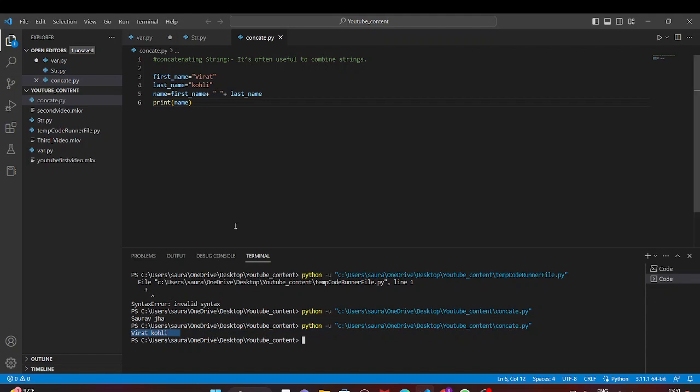What is concatenation? You know what concatenation is. Concatenation means simply adding two strings. Here, one string is Virat, another string is Kohli. With the help of the plus operator, we will add these